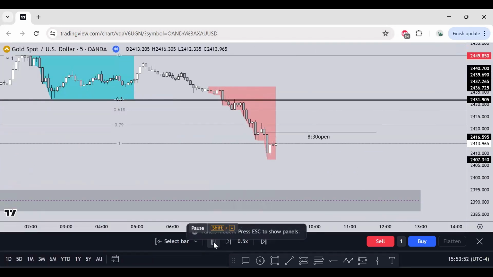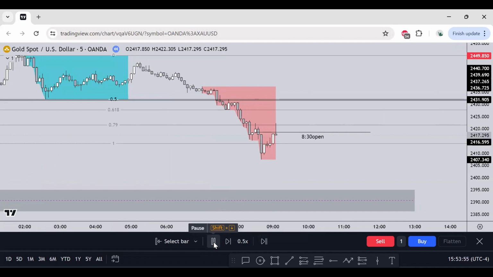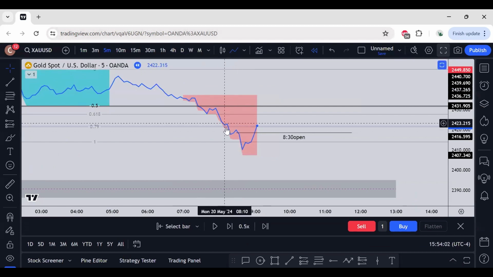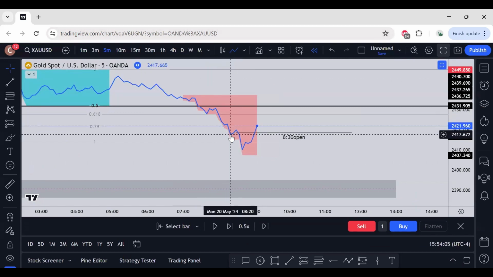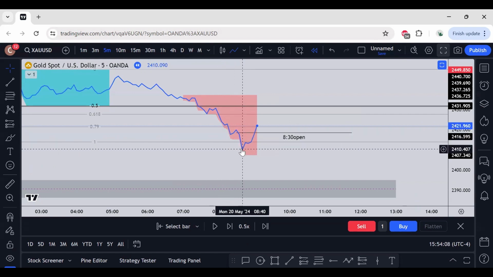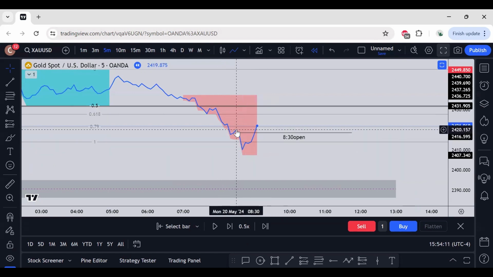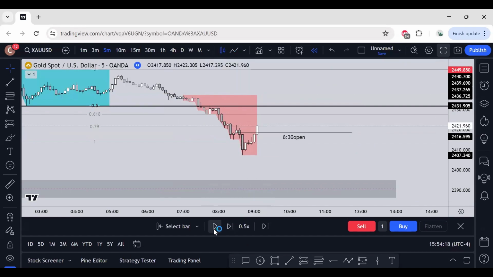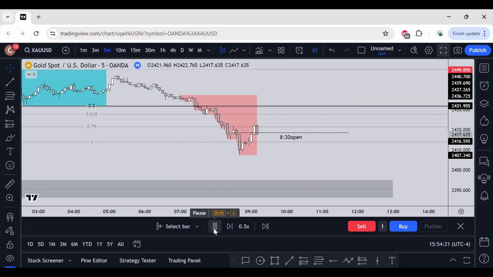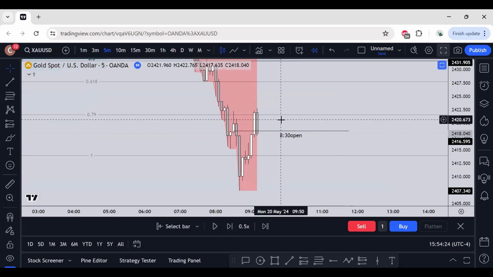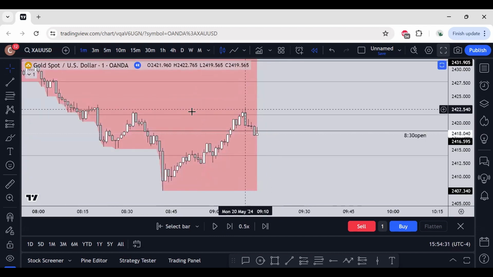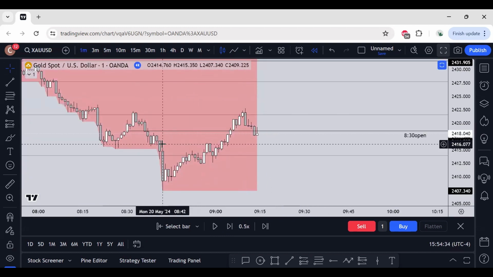It took a very long time before it actually did work. What we have over here is a market structure, it's not a shift yet, but market structure. If you look over here, lower low, lower high, lower low, and then it starts going up. This is the high over here that I want taken out in order to consider a market structure shift. We do go above the wick, not with the candle, but with the next candle, and this is what I consider a market structure shift. If you go down to the 1 minute, we've gone above this area over here, and this is what I would consider a market structure shift.